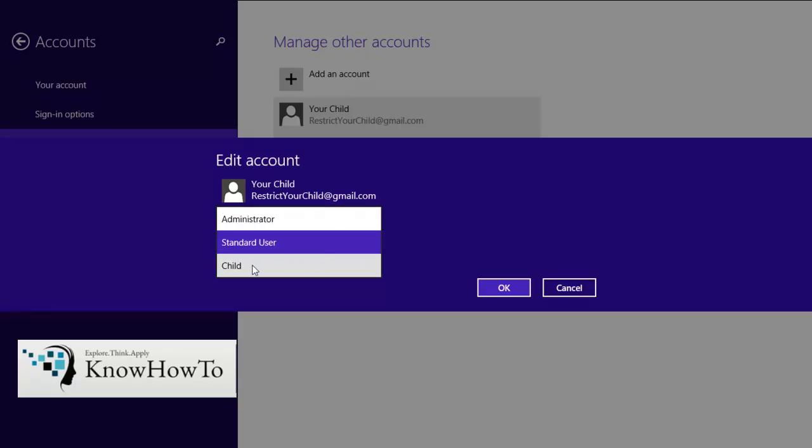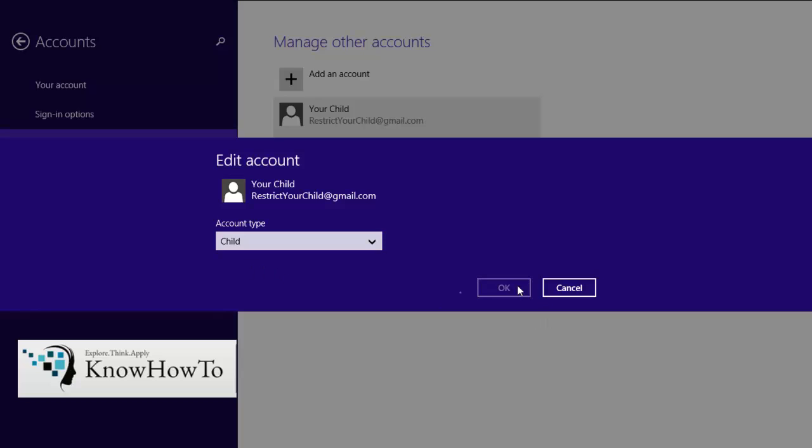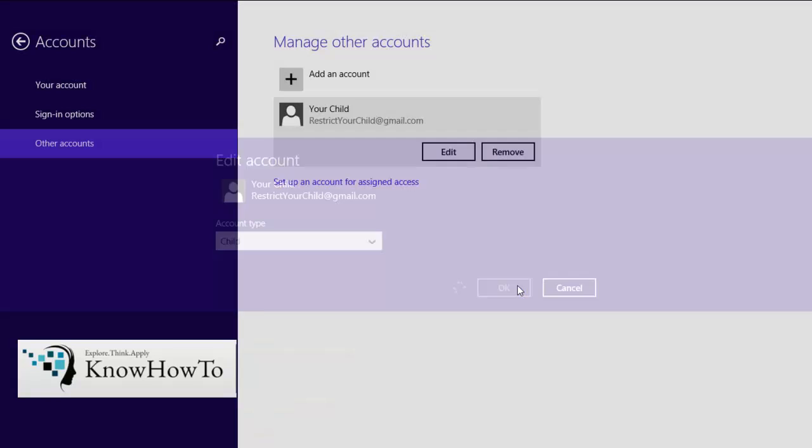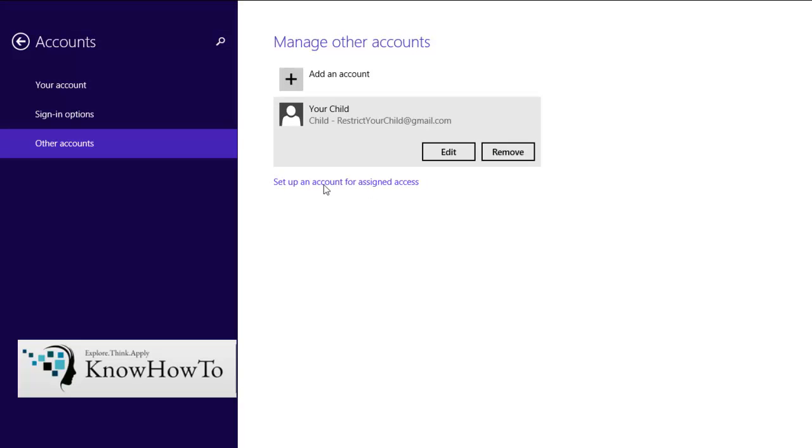So click on this child account and click OK. After clicking on child, as you can see, the account type is child. Here it is telling that this account is of child type.